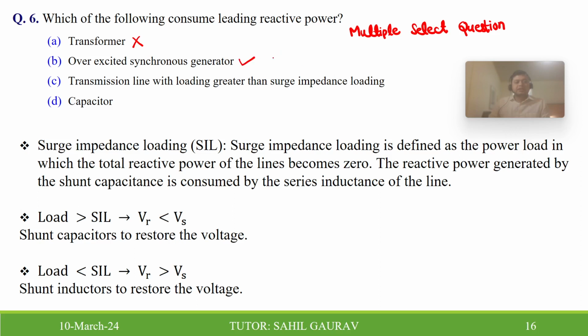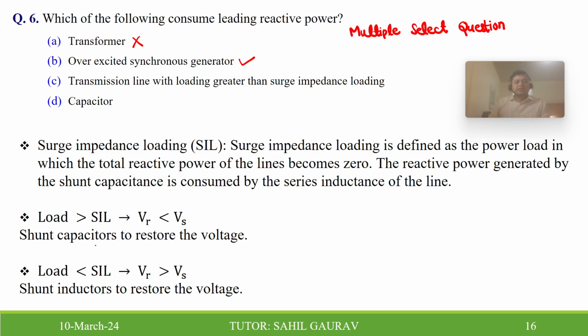Now, this transmission line with loading greater than surge impedance loading. I have written some points regarding surge impedance loading, as you are familiar with in power systems. Surge impedance loading is defined as the power load at which the total reactive power of the line becomes zero. The reactive power generated by the shunt capacitance is consumed by the series inductance of the line. And if the load is greater than surge impedance loading, that means the receiving end voltage is less than the sending end voltage. This means that